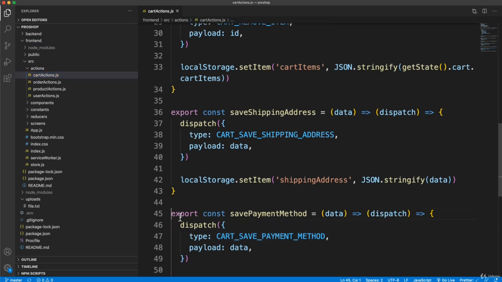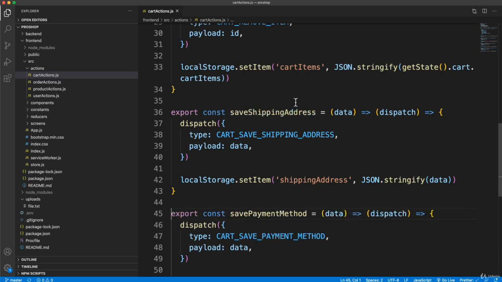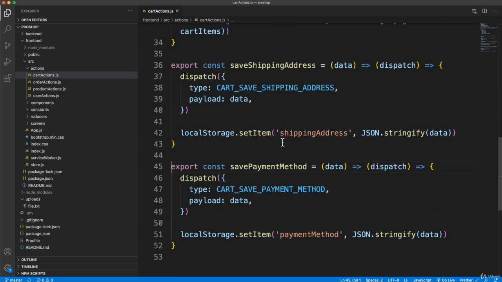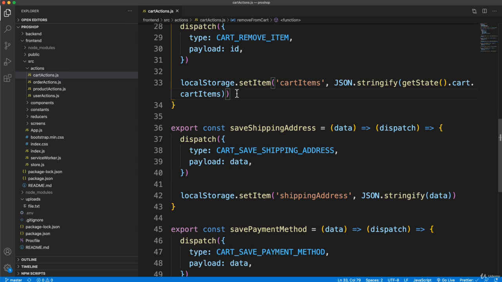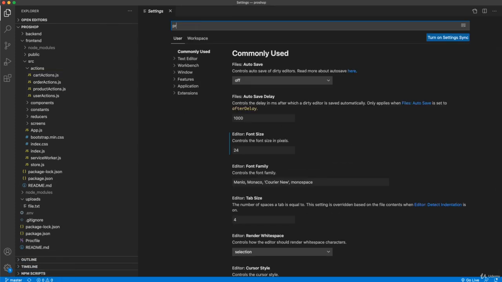If I have this over here and it's not formatted nicely, when I save, it automatically puts it back. Also, I'm not using semicolons, so if I have a semicolon and I save, it just gets rid of it. If I have double quotes, so if I choose to use double quotes here and save, it automatically changes it to single. And where I have that configured is in settings, and then if we search for Prettier,